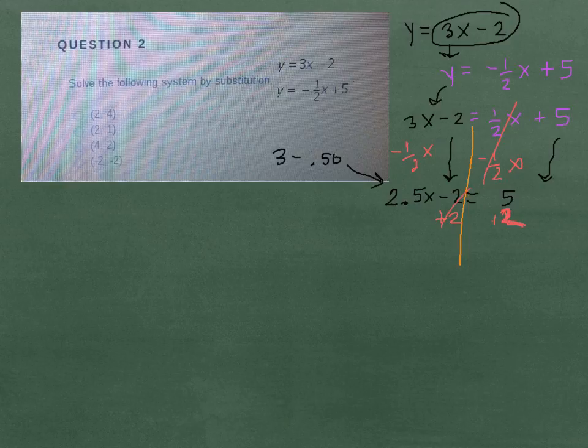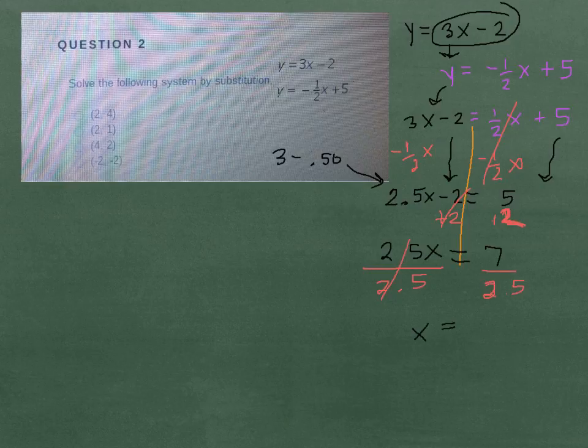So I have 2.5x equals 5 plus 2 is 7. Last step, how do you get rid of the 2.5 in front? Hopefully you're thinking to divide by 2.5. And if you do that on the calculator, you get x equal to, oh, I'm so sorry,